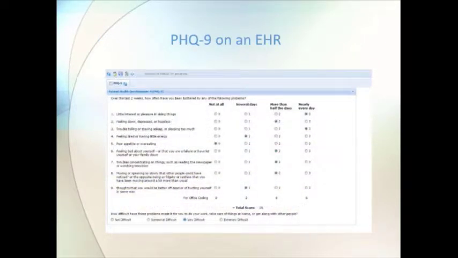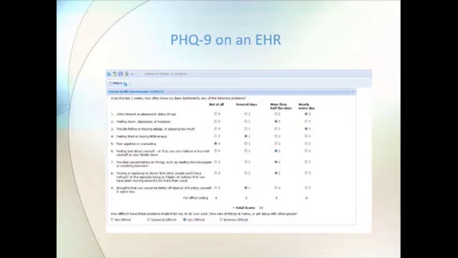So this is what a PHQ-9 would look like on an electronic health record. These first 2 questions make up the 2, and as you can see, there's a scoring system: not at all, several days of the week, more than half of the days of the week, or nearly every day. So the first 2 questions are, do you have little interest or pleasure in doing things? Do you feel really down, depressed, or hopeless? So if the answer to either of these is anything other than not at all, it reflexes to the longer